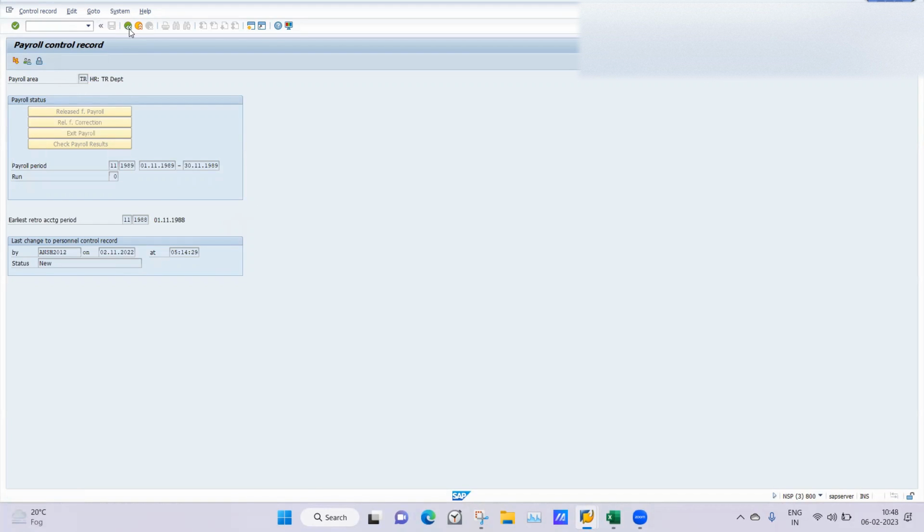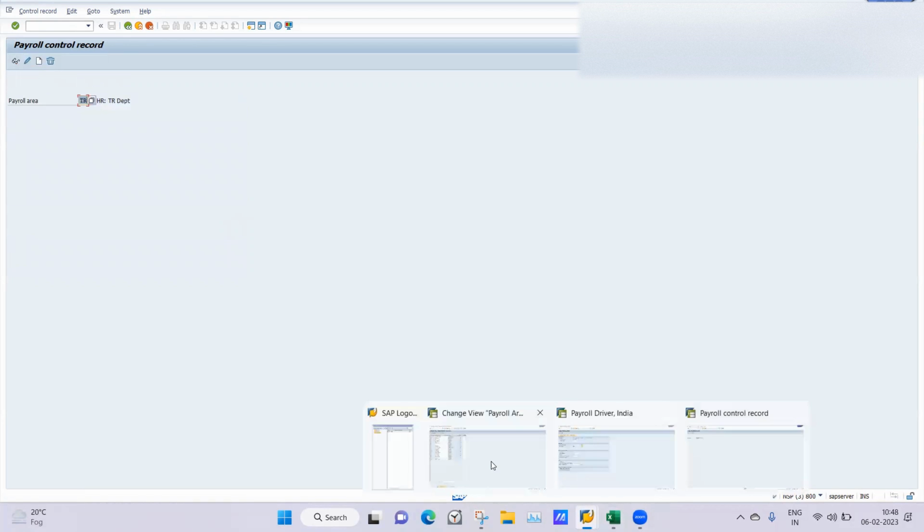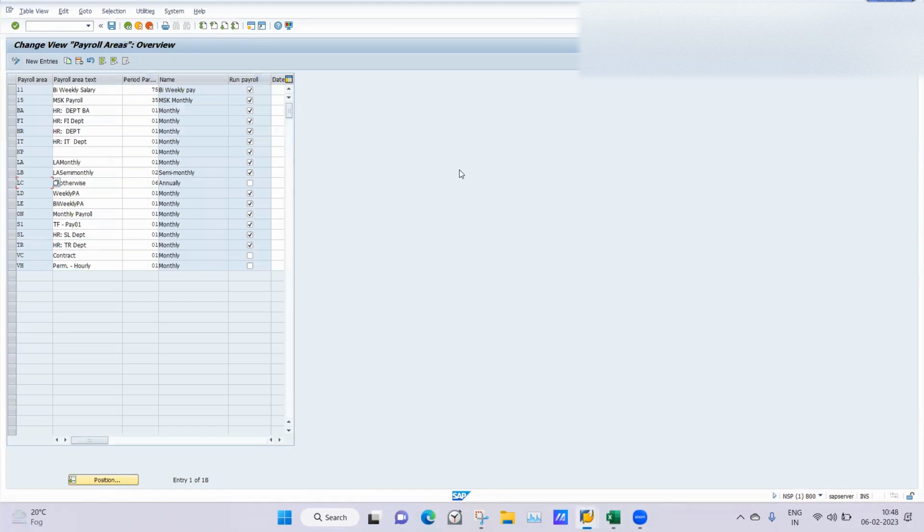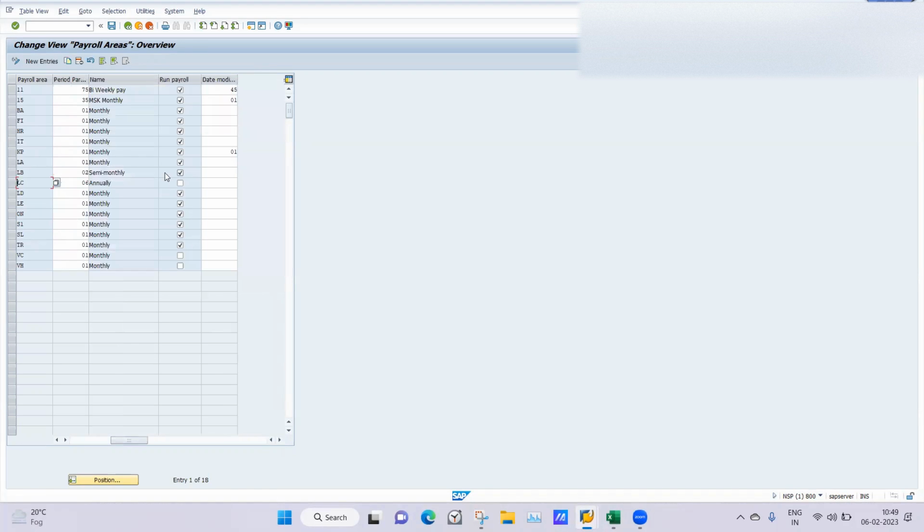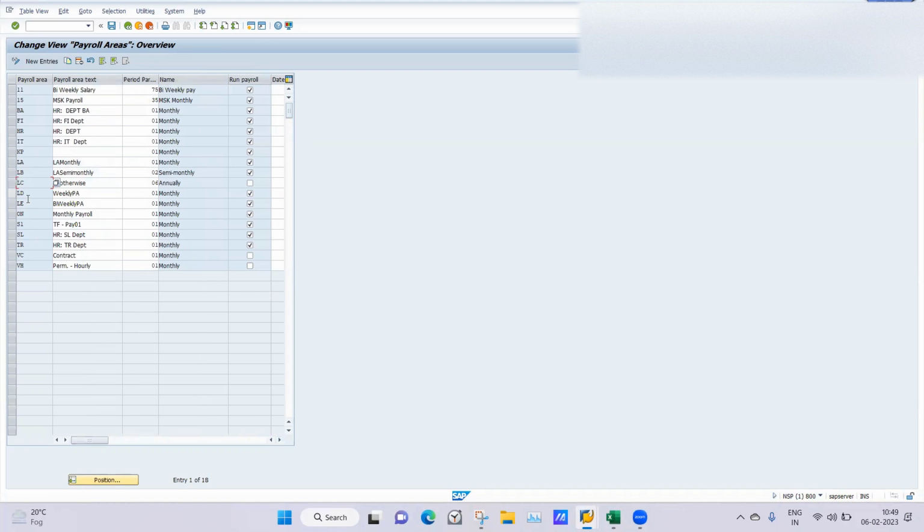As of now, let's just try configuring the payroll area. LD and LE I have created, so I have to set up some more details. Whether I want to run this payroll area, and what date modifier I will be using here. Also it will ask me to set up the